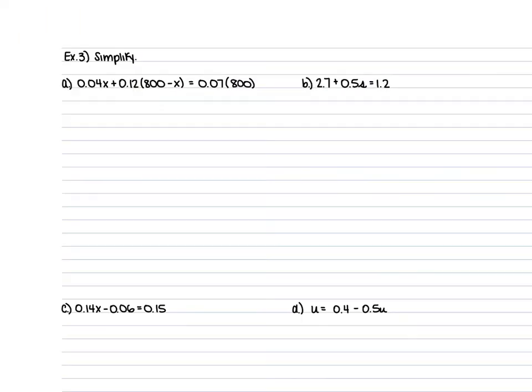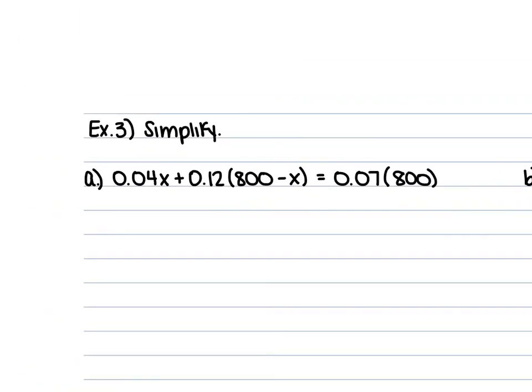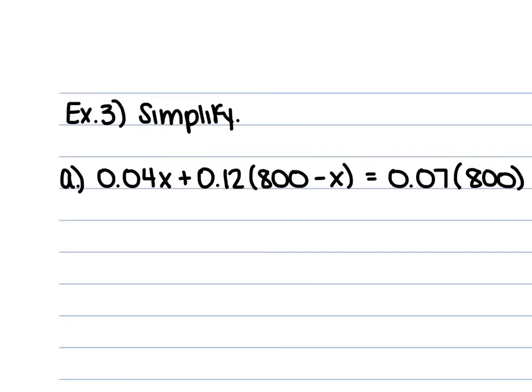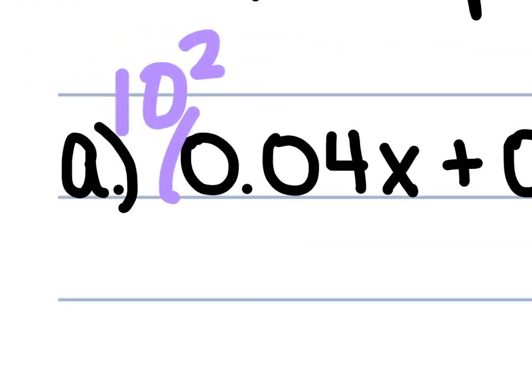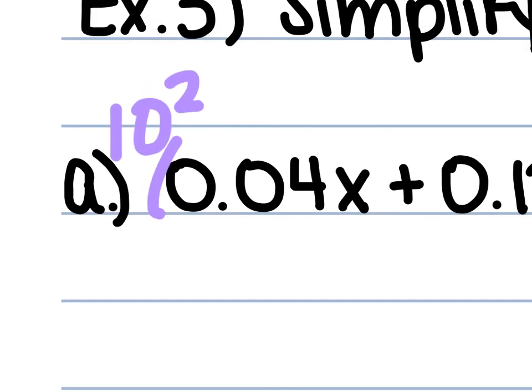When we are working with decimals, we can get rid of them by multiplying the entire equation by 10 raised to the power of the highest decimal place value. So if you look here, we have 2 decimal places for all of our decimals that are outside of our parentheses. So we can do 10 to the second power and multiply the entire equation by that 10 to the second power. So this is going to give us 100 times